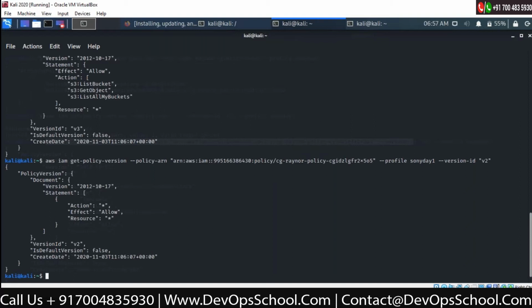So don't worry about the commands. If you don't know them, that's great. Once you know the PACU framework, you'll see the set of steps which PACU performs by default. But behind the scenes, PACU also runs these commands on the AWS CLI. So to run your PACU infrastructure, you need AWS CLI configured. That's why it is important.